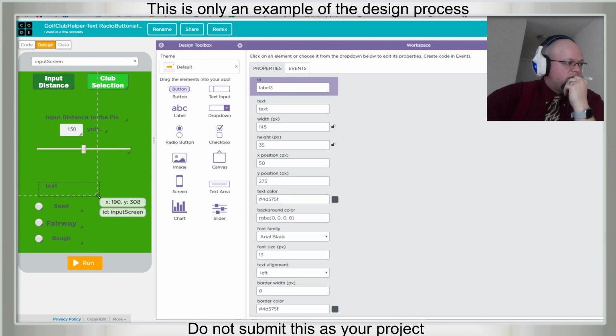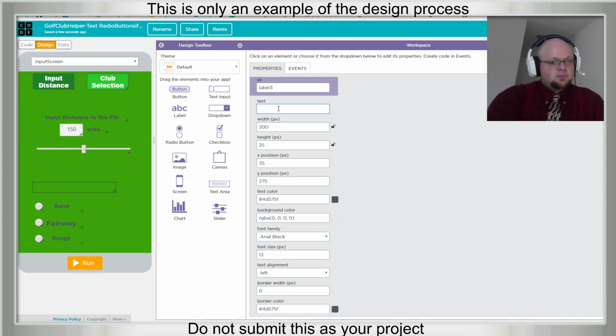What should we call this? Select lie of the ball. How does the ball lie? What would you say, Mr. Druzy? Yeah, I think just like how ball lie.